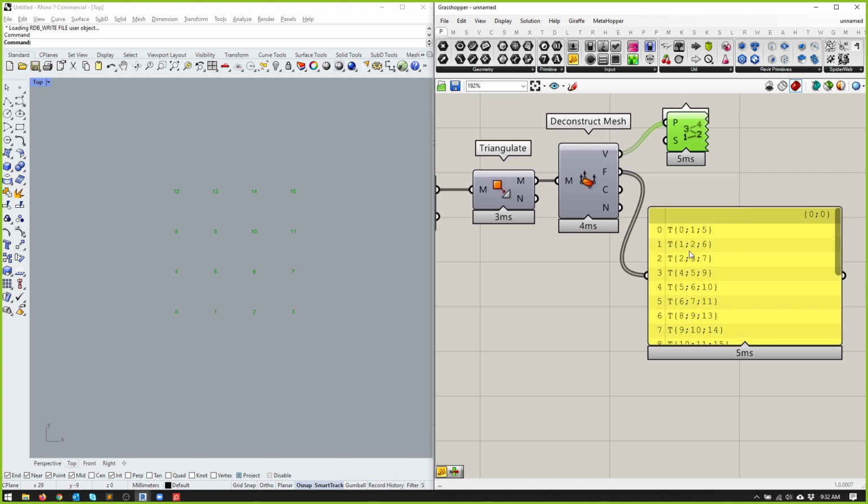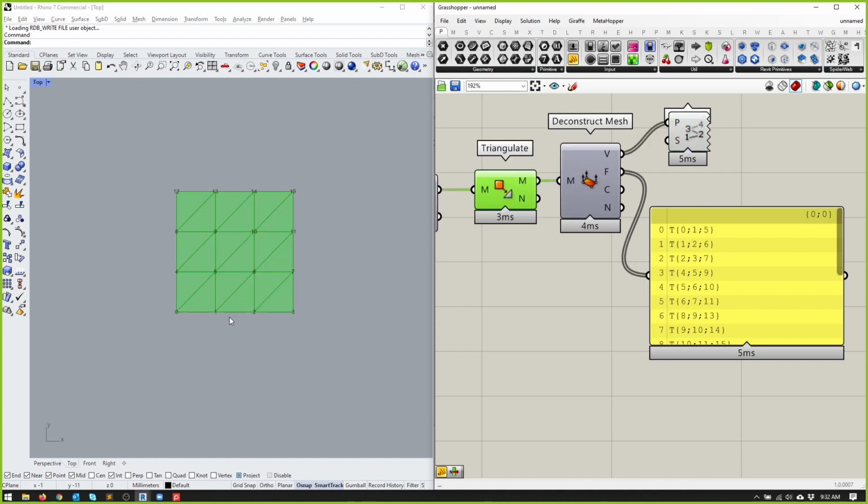So in this case, there's a polygon that goes from 0 to 1 to 5. And if I turn that mesh back on, there it is. Then 1, 2, 6, then 4, 5, 9, etc. So usually meshes follow